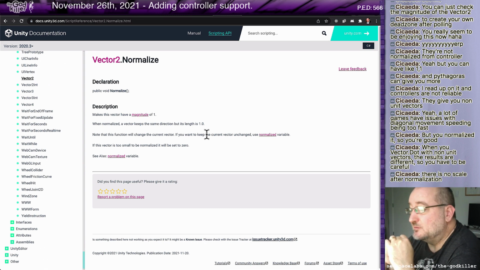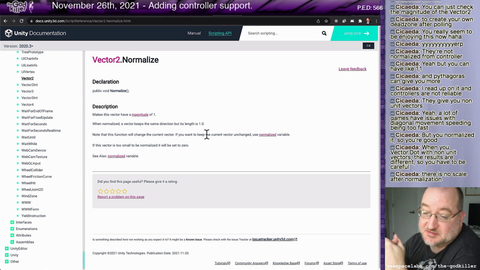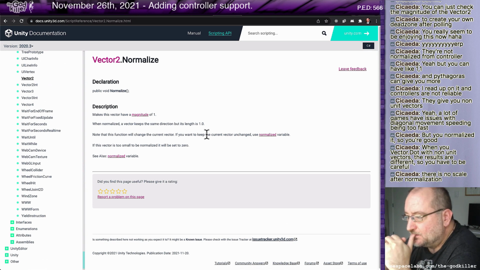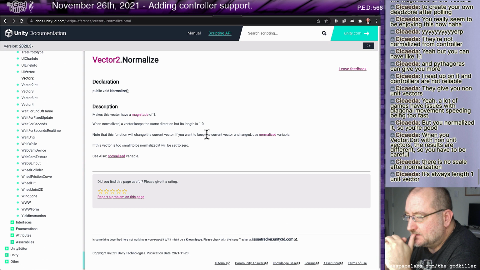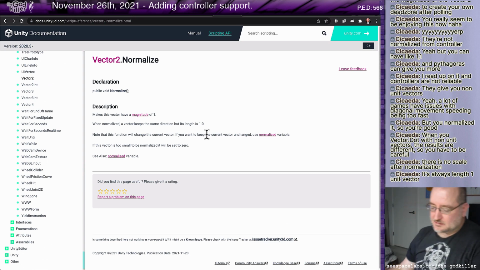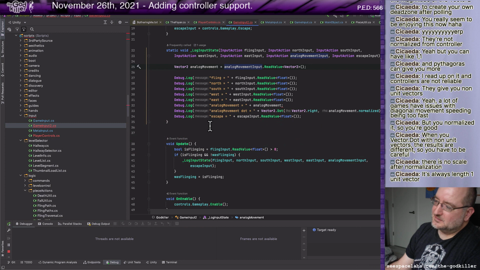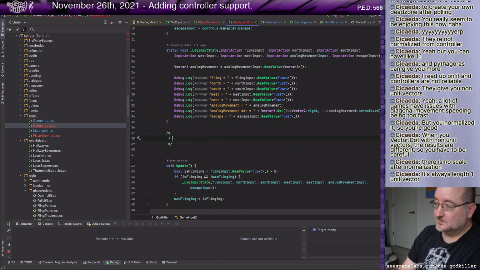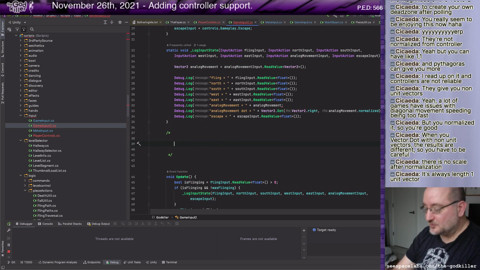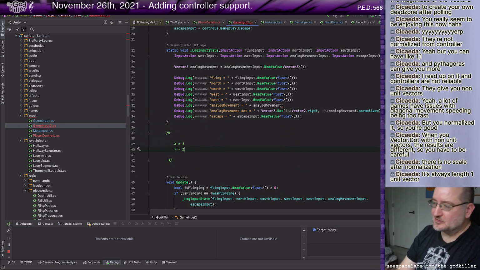My math might be failing me, but I thought normalizing was you would... I think I get it. I get it. Okay, so suppose your input was x equals 1, y equals 1.